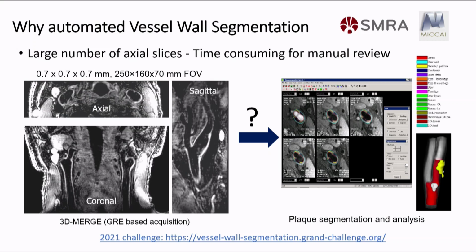And only after we do all this segmentation can we get these automated measurements, looking at different plaque component volumes and so on, that are important for prospective studies and clinical measurements. Nowadays, we are able to do high-resolution 3D vessel wall MRI, and that gives us hundreds of images in a very short scan time. So, for example,